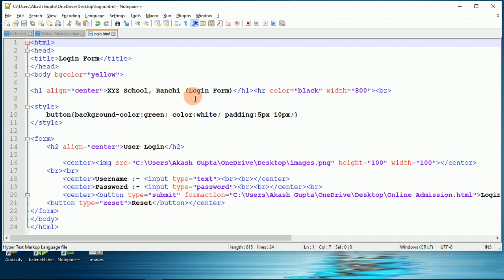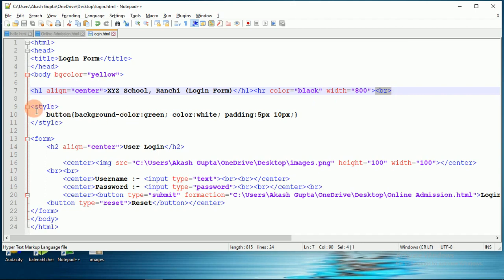This is the login form, so I had written here login form, and after that I had given an HR, horizontal ruler line, which is of black color, and the width of that line is 800 pixels. And after that I had given a BR tag, that is the break line tag, which will give me a break between the lines, means we will start from a new line.